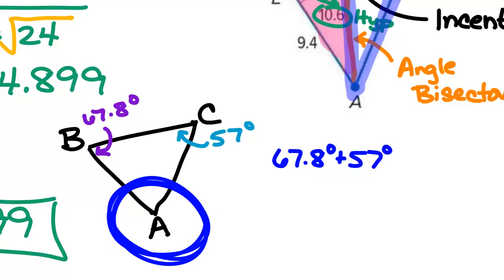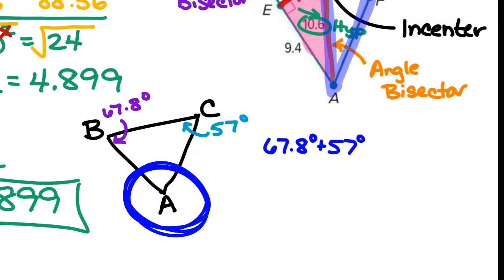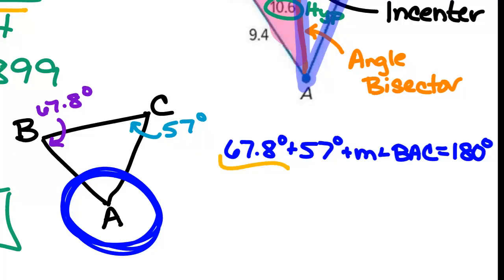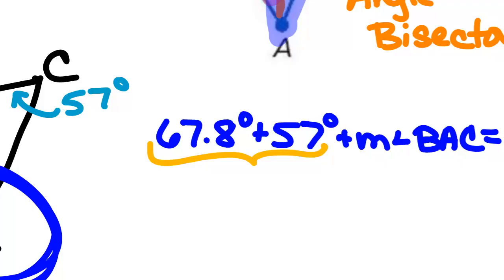And then do what? X, or I could call it angle BAC. But yeah, you could call it X plus the measurement of angle BAC. And what would that be equal to? 180. Three angles of a triangle add up to 180. So then we combine our two like terms here. That would give me,